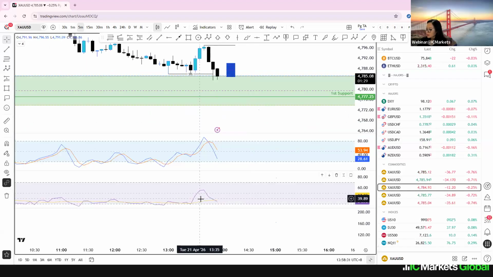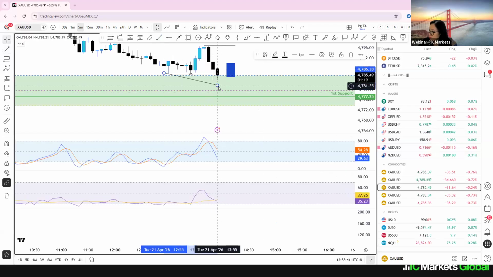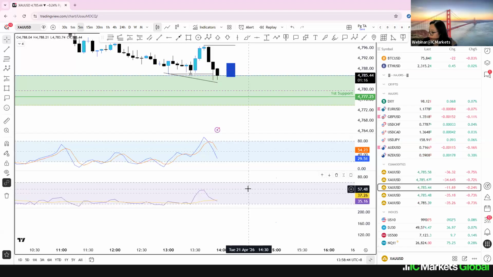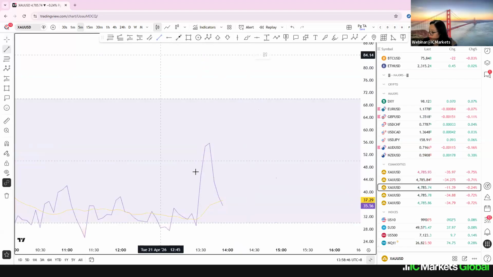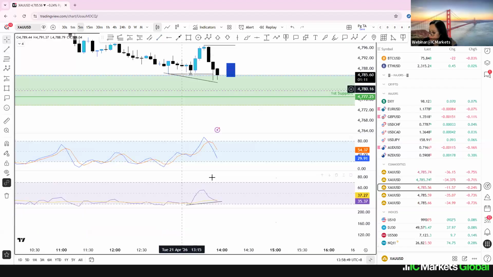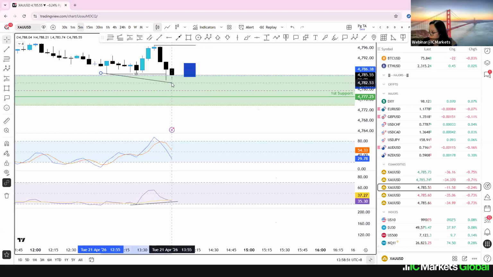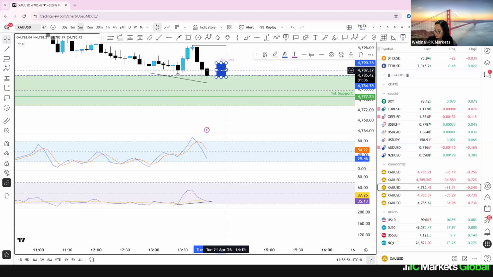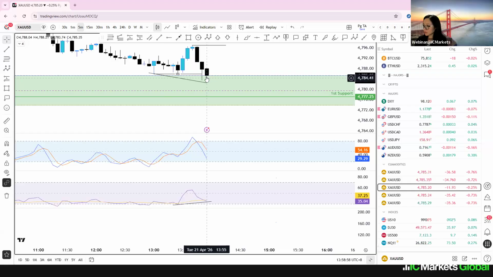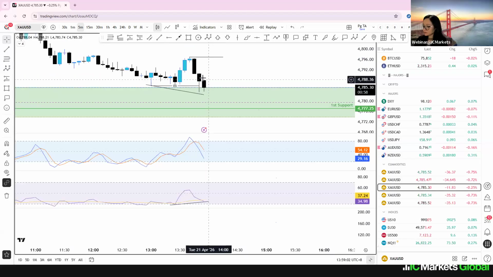What about the RSI? RSI starts to form the divergence, I can see. If this one makes the lower low in M5, the RSI is going to make the higher low, the divergence. So we're going to observe at this level. One more thing, you need to wait for this candle to close with price action, a pin bar or bullish engulfing, and then you're good to go to buy at these zones.